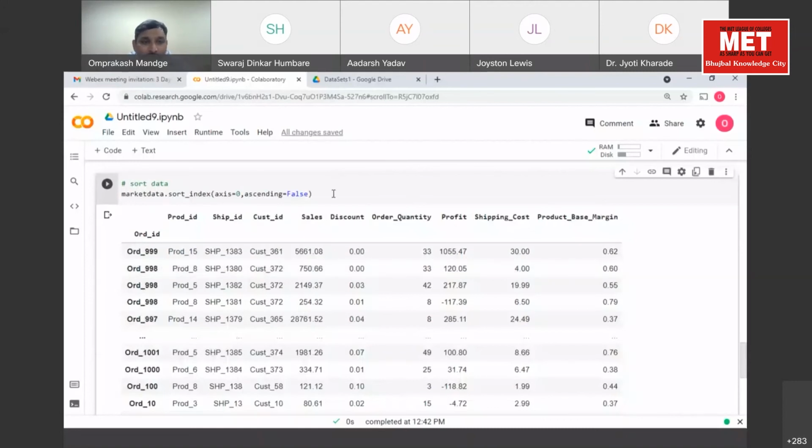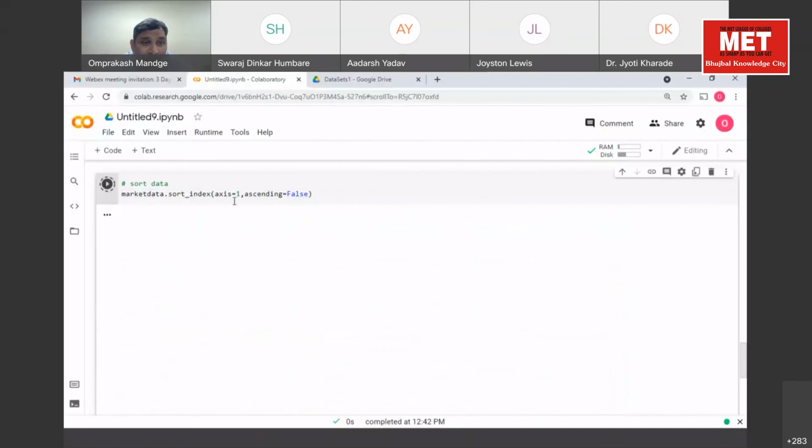Instead of doing this, we can specify the value here and print head instead of printing everything. That will make sense. Now let's try specifying axis is equal to 1. I gave axis equal to 0 and then shifted to axis equal to 1.